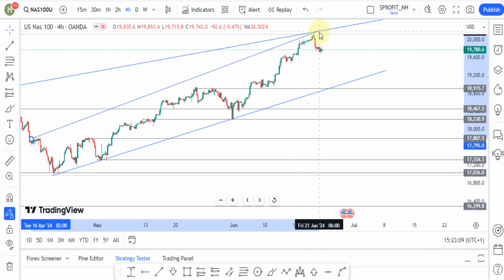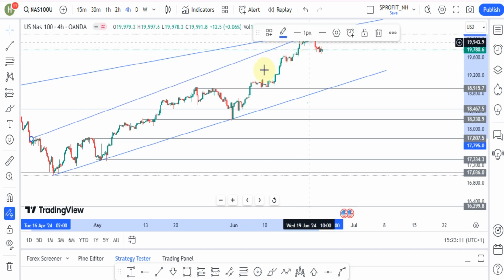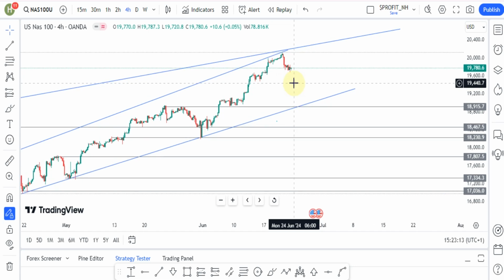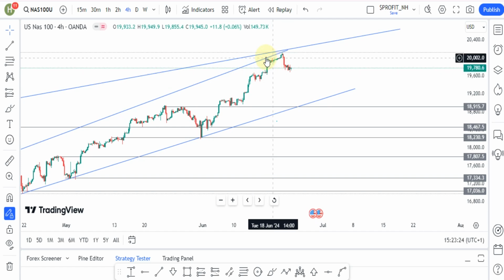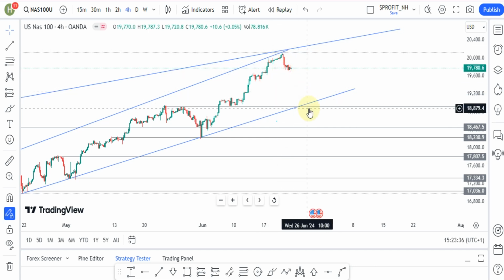Another thing that I want you to be looking for when trading maybe the gold market, the NASDAQ, the GBPUSD, EURUSD, also begin with the divergence that the market normally gives you. Because at this point, you see, this market came up and gave us this divergence, and this is normally a reversal pattern. After giving us this divergence, you see the market pushing down a little bit. So there's a possibility of us pushing down a little bit to this zone down here